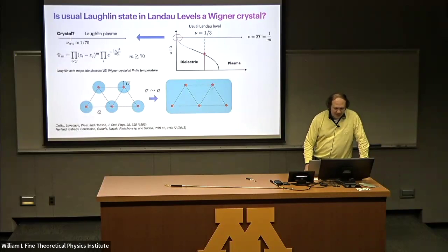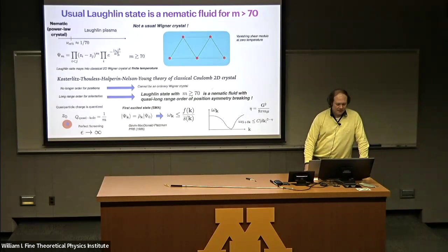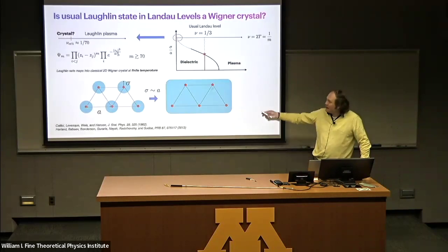The main question is: is this even a stable phase of matter? And if I add a perturbation, will it become a different state? That's the part that I still don't know. So it's a bit subtle. Anyway, we realized after this, we went back to this state below 1 over 70, and we thought about